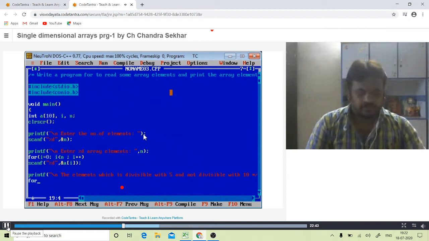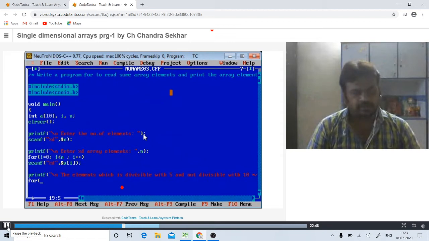So from the array, I am picking elements one by one and checking whether each is divisible with 5 and not divisible with 10.